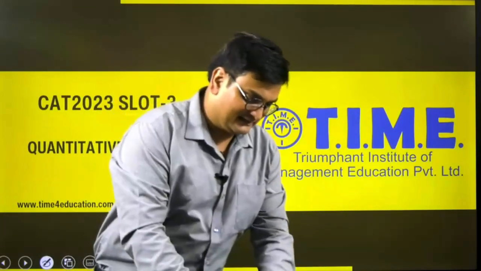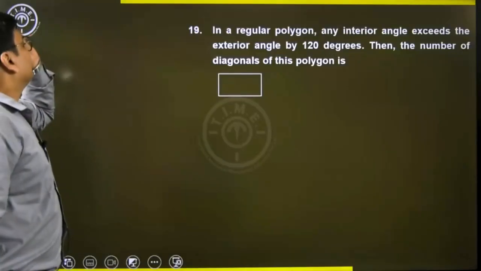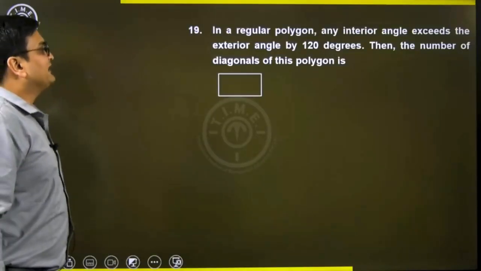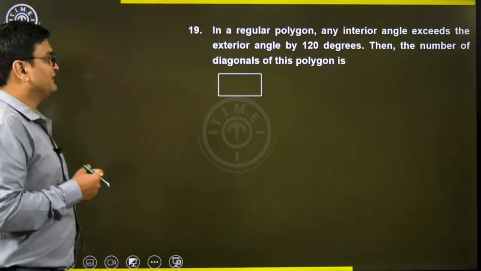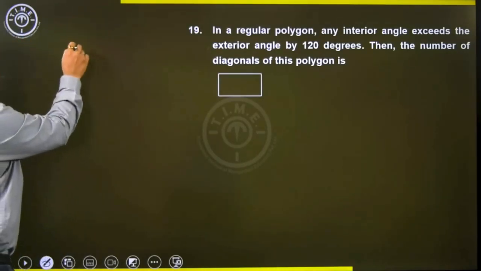So let's get started with the question. In a regular polygon, any interior angle exceeds the exterior angle by 120 degrees, then the number of diagonals of the polygon is. Now interior angle